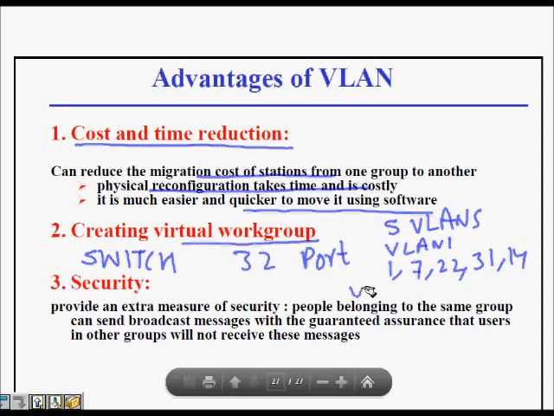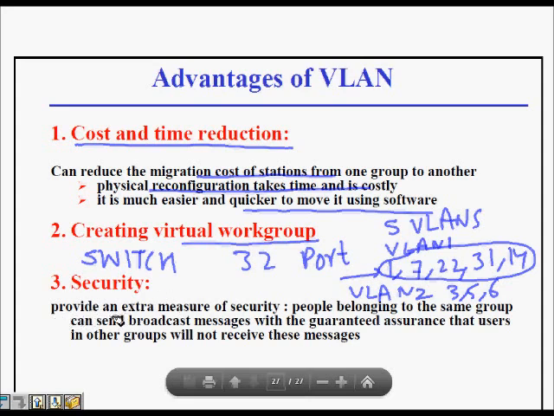Then I can configure that VLAN 2 will have 3, 5 and 6, and so on. This forms a broadcast domain. Whatever packet port 22 sends will be sent to 1, 7, 22, 31 and 14 and not to any other ports or computers.